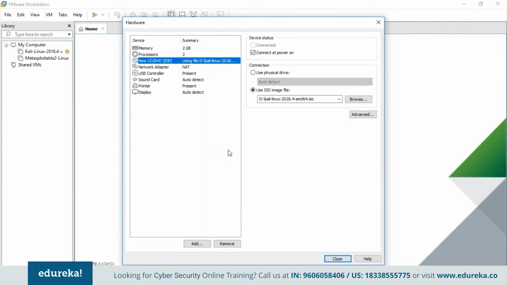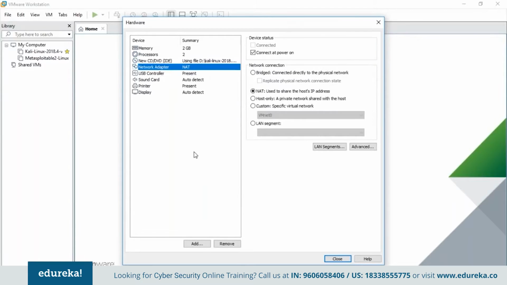The ISO file is already attached. And for the network adapter, here we are using only Kali. Suppose you're using Metasploitable2, which is basically another virtual machine with vulnerable applications, if you want to perform web application penetration testing. In that case, if you use the NAT option, both your Metasploitable2 and your Kali will get the same IP address as your host machine. So instead of that, you can use a bridged connection. As for now, we'll just use NAT only.